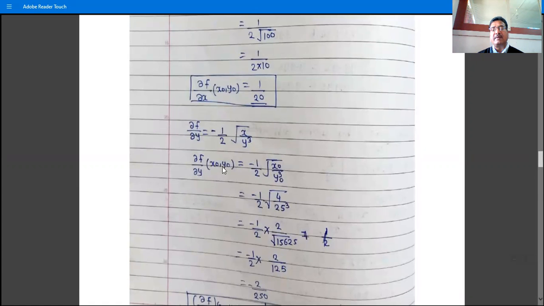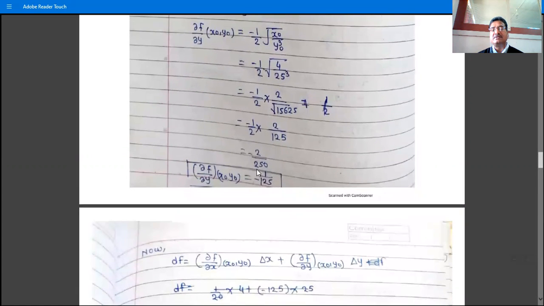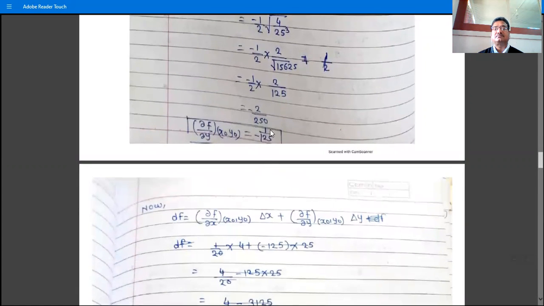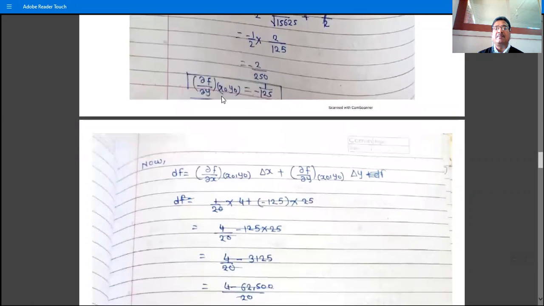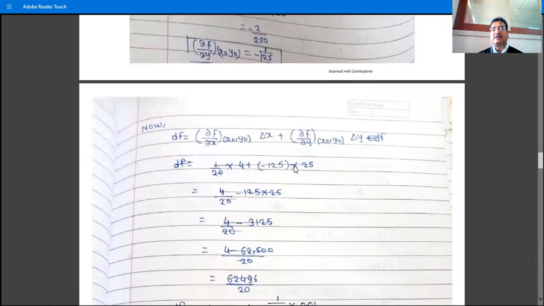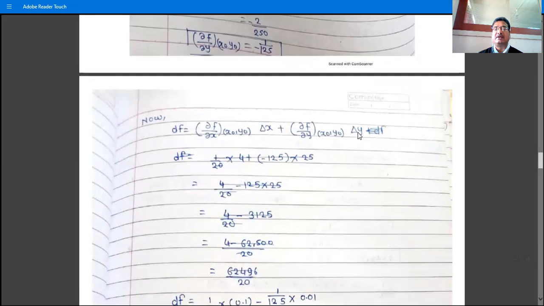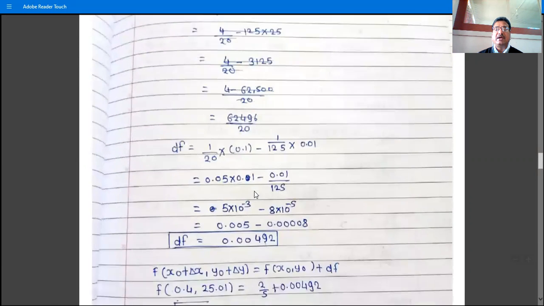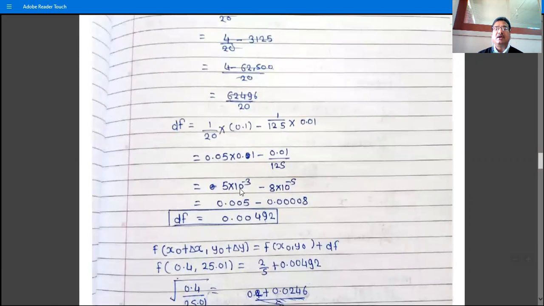So, and then find the value at x naught, y naught. We have this answer, minus 2 by 2 to 5. And then ∂f/∂x, and then df is what? The formula is ∂f/∂x at x naught, y naught into delta x, plus ∂f/∂y at x naught, y naught into delta y. Substitute all the values. We have this answer, df as